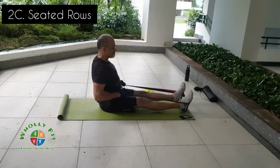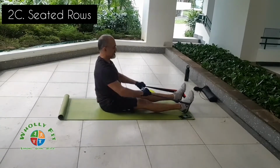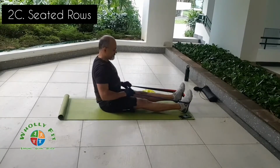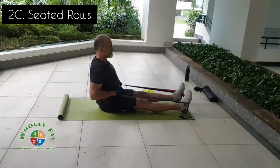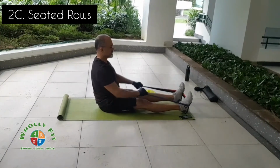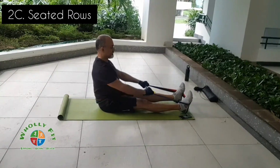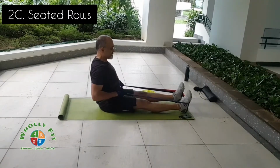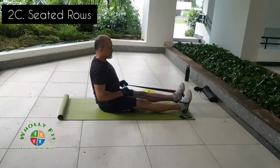Then you move on to seated rows. Sitting with your feet shoulder width apart, loop the bands around your feet and perform a row or a pull, and you pull the band close to your navel. Keep it fairly low. Ensure that your elbows are tucked in all the way through and you're squeezing the center